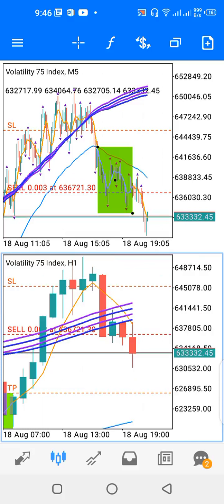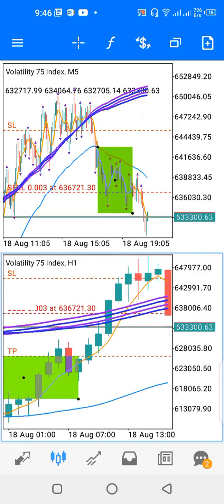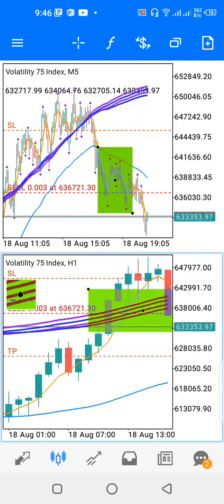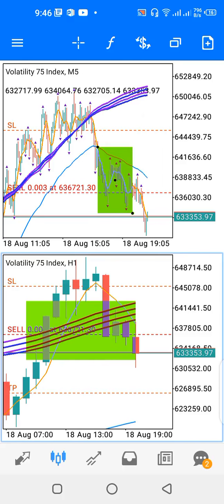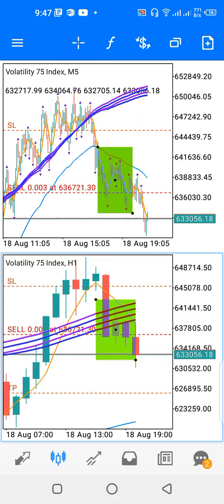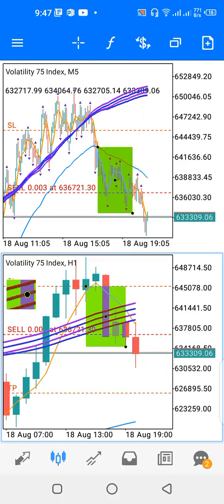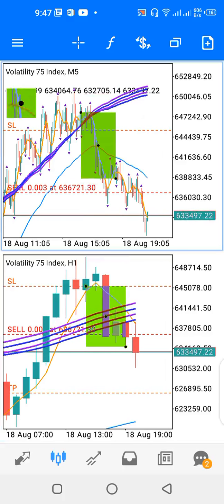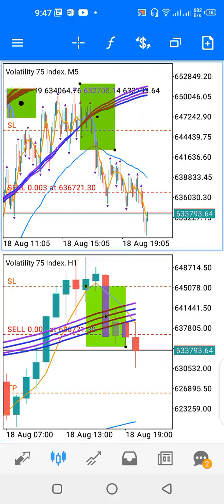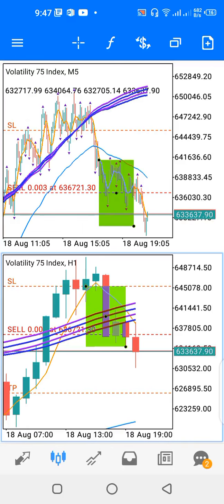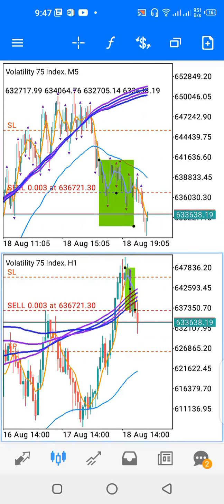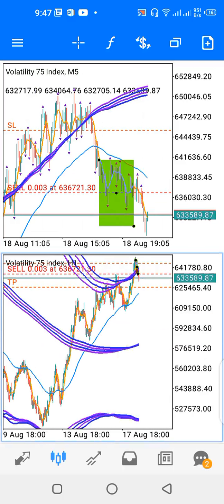If you look at the 1 hour time frame, we have like a bearish engulfing happening around here. A bearish engulfing happening around here. Of course, the fall from the resistance to this area is what is compared to this long bearish candle. Okay, now if I zoom out on the 1 hour time frame, price is also at the resistance area